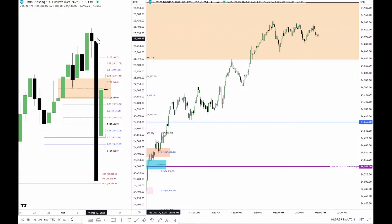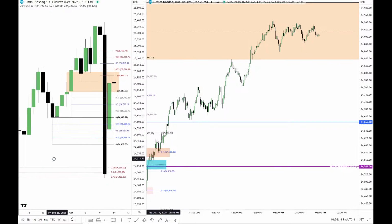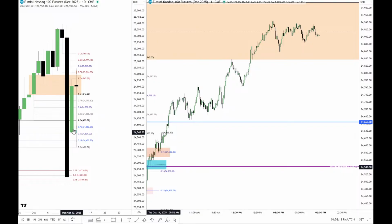Couldn't it have done it in one fell swoop like this and cleared any trailed stop losses below these lows, below this low, below that low, and changed where it went back into the last change of state of delivery here with this down close candle? And then we opened up here and rallied up, and then we had one more attempt to make it look like it was going to go lower again today, and it stopped dead in its tracks on a level that I teach you,